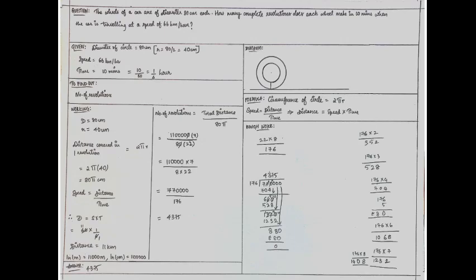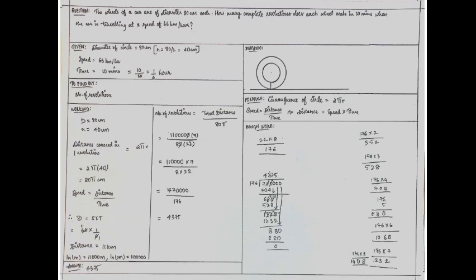They have given the speed is equal to 66 km, and now we are going to convert the time into hours. They have given it in minutes, but if we convert to hours, it will be convenient for us to do the calculations. Time they've given us is 10 minutes. 1 hour is equal to 60 minutes, so 10 minutes is equal to 10 by 60, which will give you 1 by 6 hours.